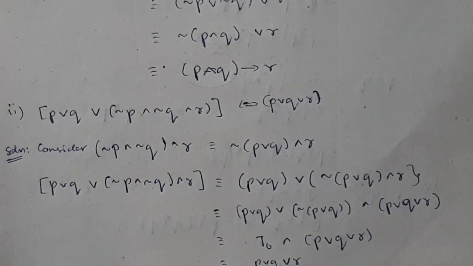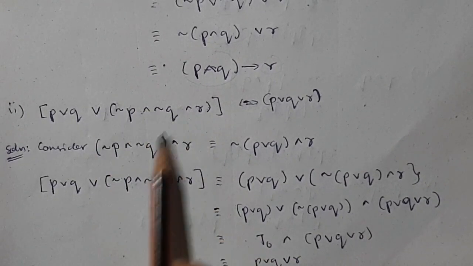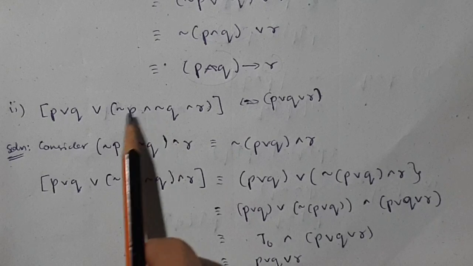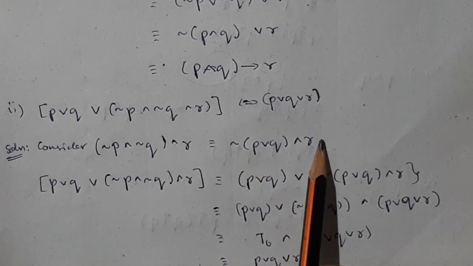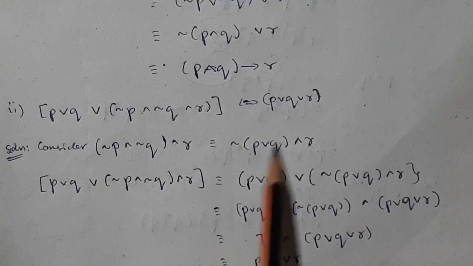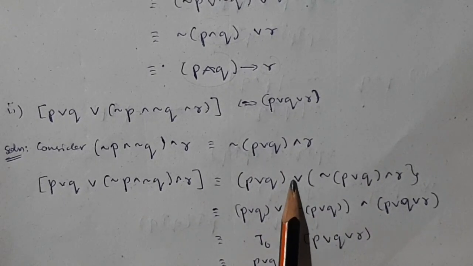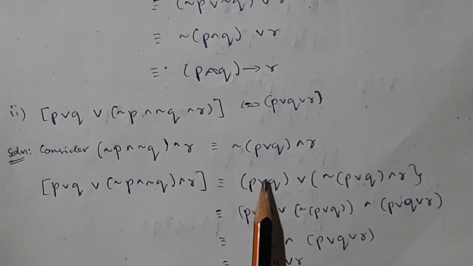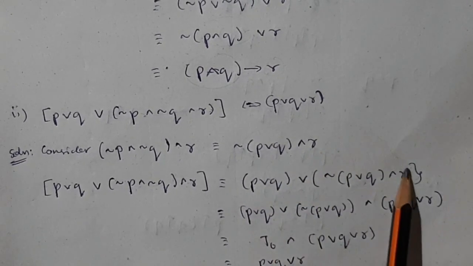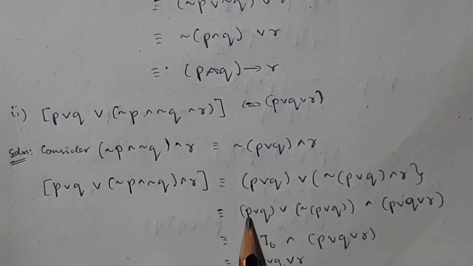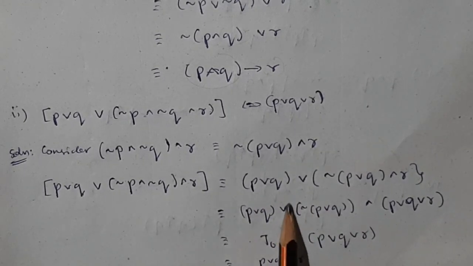Okay, moving on to the second question, which is similar to this. In this question you have another bracket within it. So first we will simplify this one. Okay, see, take NOT common here. For this particular thing, take NOT common, and you will end up with this. Okay, then we will substitute this in place of this, like this. Now after that, this is OR here. By the distributive law, you can multiply this with this as well as with this. So what you will have is (P OR Q) OR (NOT P OR Q)